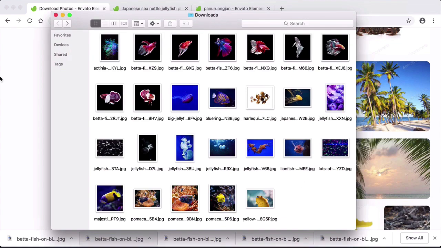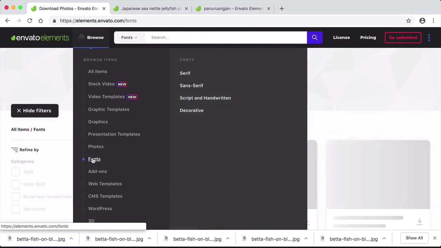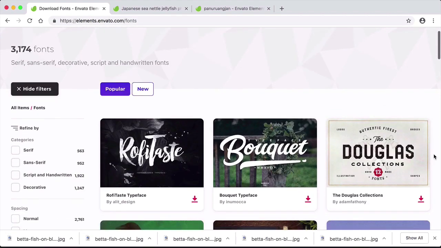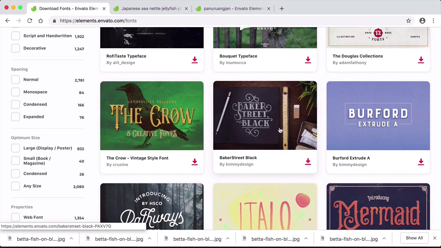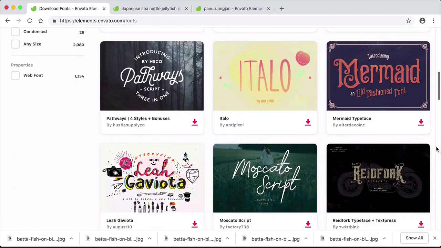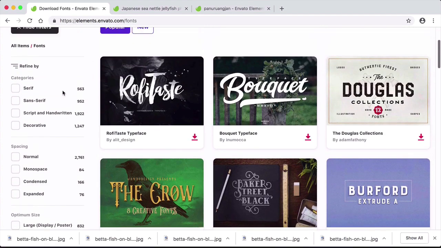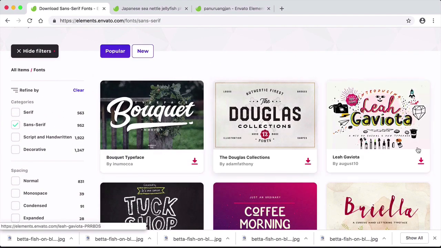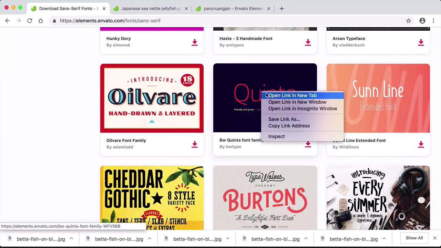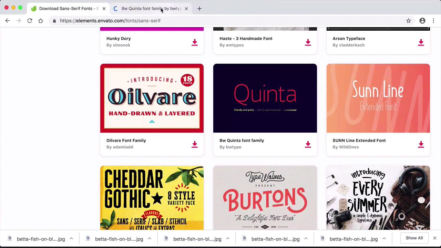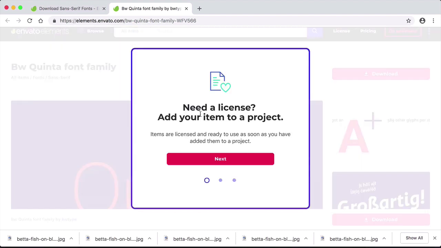So let's go into the font section. And let's take a look at what we've got. So something like this or this would have too much personality. And we want to find something neutral. So maybe let's take a look at the sans serif category and see what we can find. Fonts like this are perfect because they come across as friendly because they're rounded. So let's download this